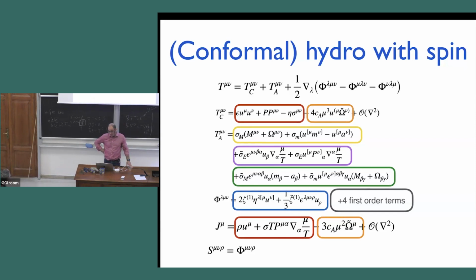Because I don't know how it is in the quark gluon plasma. I'm guessing that chemical potential or gradients of chemical potential are probably small, but the other term, you know, if it's order 1. So unless it's